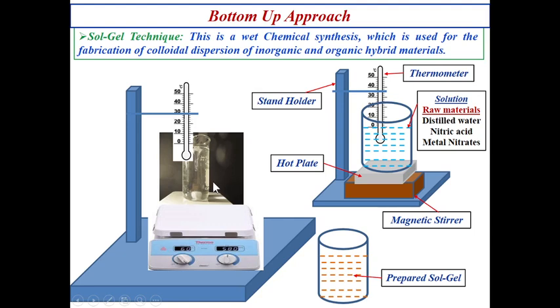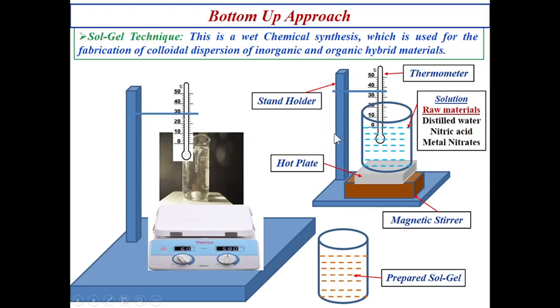So what are the precursors or raw materials we have to use? To prepare the sol gel, here sol gel means solution in gel format. What are the raw materials? Raw materials we have to consider are distilled water, nitric acid and metal nitrates. These are the main basic raw materials to be used to prepare the solution. So this is the hot plate, this is the stand, and this is the magnetic stirrer. So you have to draw this figure in your note. Okay,